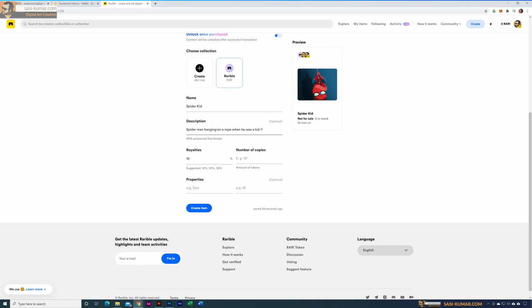Okay, and then below you can see royalties. Royalties are how many percent you will get when your artwork gets resold. Whenever the buyer resells your artwork to someone else, you will still get a cut of the sale price, and you can define the cut from here.